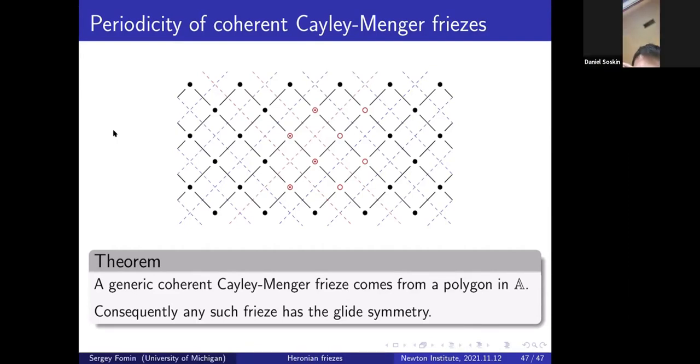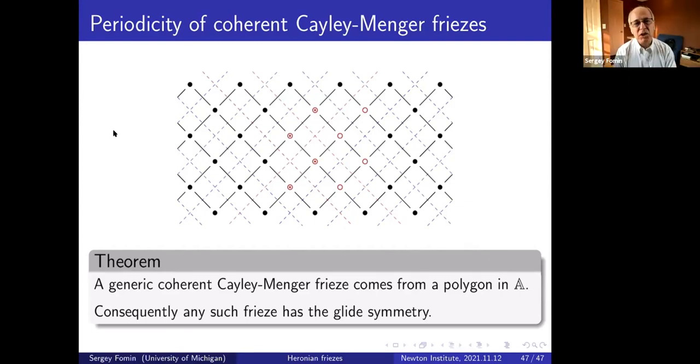Yes. Is it interesting to study other objects in Euclidean geometry and Frieze patterns coming from them, or are quadrilateral cases the only interesting ones? Well, there are some. I know some other examples. When you say interesting, I suppose you mean related to cluster theory, right? Yes. Interesting to people in this audience.